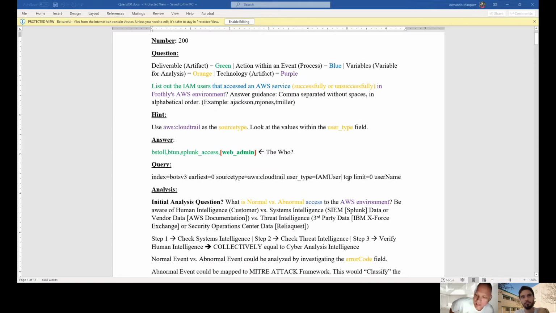Now, they gave us a hint. They don't give the contestants the hint. I don't know what the rules are. I think they lose a penalty if they ask. I don't know what the rules are for hints, but they gave us the list of hints. I don't know if the contestants can ask for hints. I'm not sure. And then they gave us the answer. So the hint was use AWS CloudTrail as the source type and look at the values within the user type